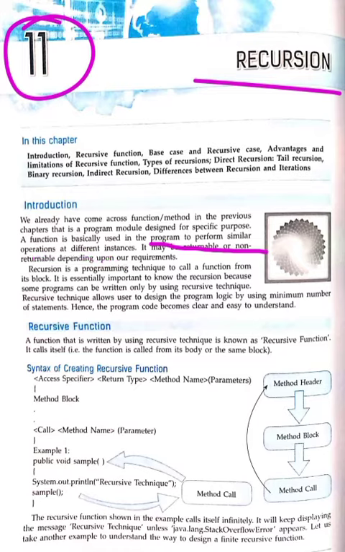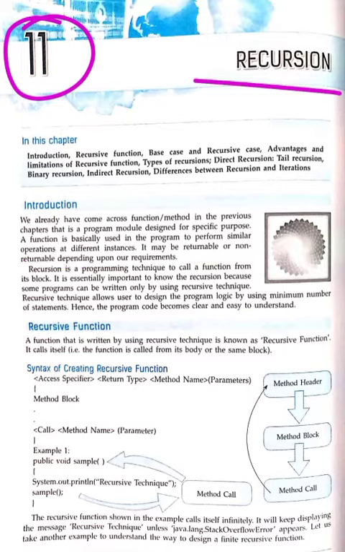So a function performs similar operations, like one function is calculating the salaries of employees. So the same task it will do. It will not start calculating the total marks of the students. And next, a function can be returnable or non-returnable. You can write a return statement or you may not write the return statement.